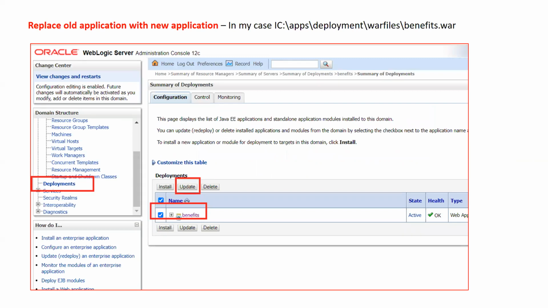It's very simple. When you go for redeployment, just replace your existing file. For example, in my case, I deployed my benefits.war file. I went to the location where I had copied my previous file and replaced it with my new code file. Because my application gets its reference from the stage folder, as I deployed in staging mode, there would not be any harm if you delete or change this file. So I changed my benefits.war file in that location, went to my admin console, clicked on deployments,